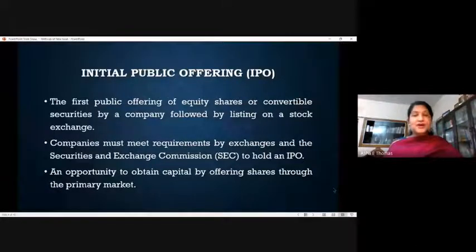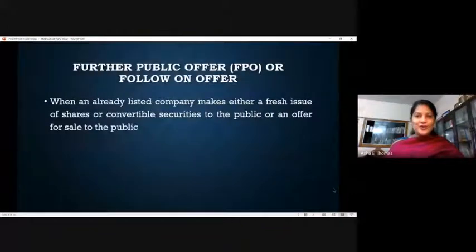Of course, there are conditions to be satisfied under the Securities and Exchange Board of India before they go with an IPO. At the same time, they also have to comply with the Companies Act 2013 regarding the regulations connected with initial public offering. So these are the mandatory conditions which they have to satisfy before going for an IPO. Now going with the next one, it is FPO,